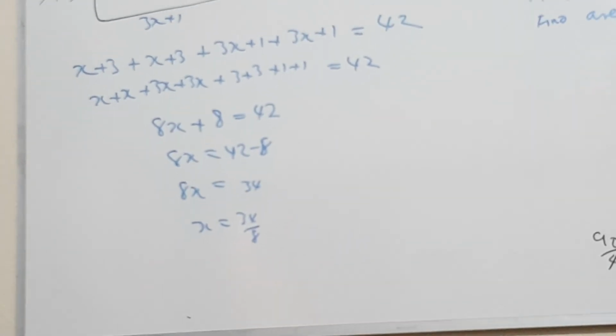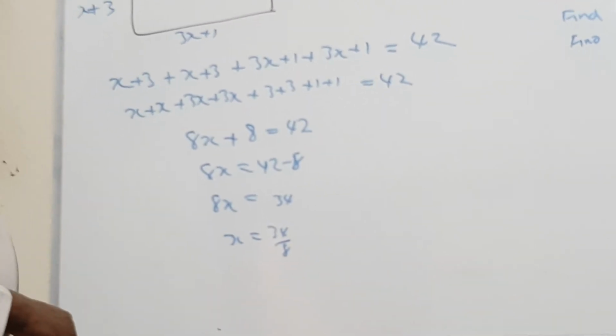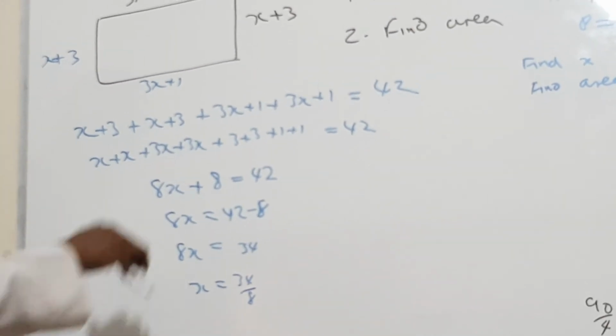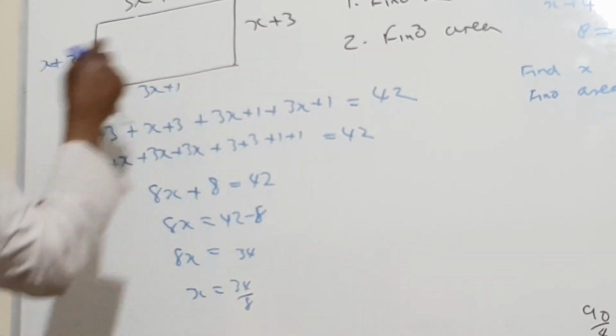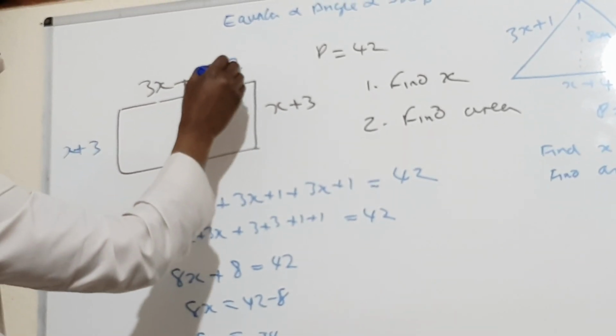So what is the area? x is equal to 4.25. Now, if you want to find the area, we substitute for the value of x in that side and that side. Okay? This side, it will be 3 times